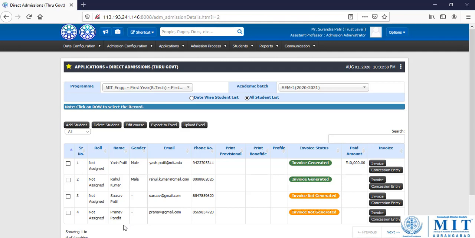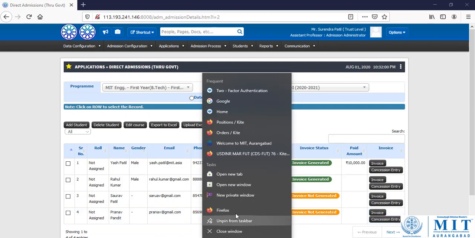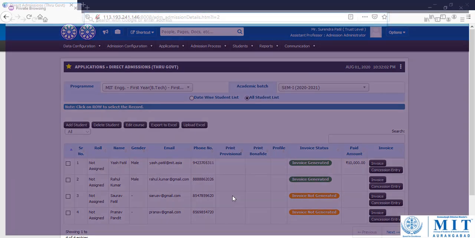Now the next stage is filling the application form. For filling the application form, we go to the student login, and in the student login, this student will fill all the details as well as upload all the relevant documents. So for that purpose, we will log in through the student login.